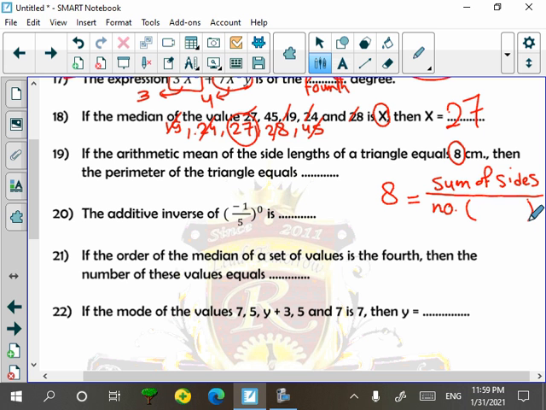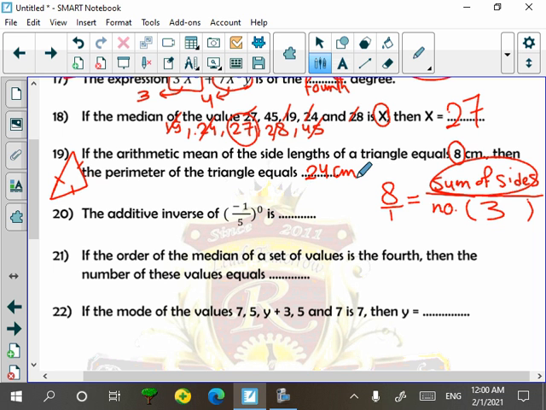All of us know that the number of sides equals 3 sides. Any triangle has 1, 2, 3 sides. The sum of sides divided by the number of sides equals 3. By cross multiplication, 3 times 8 equals 24. Then the sum of sides will be equal to 24